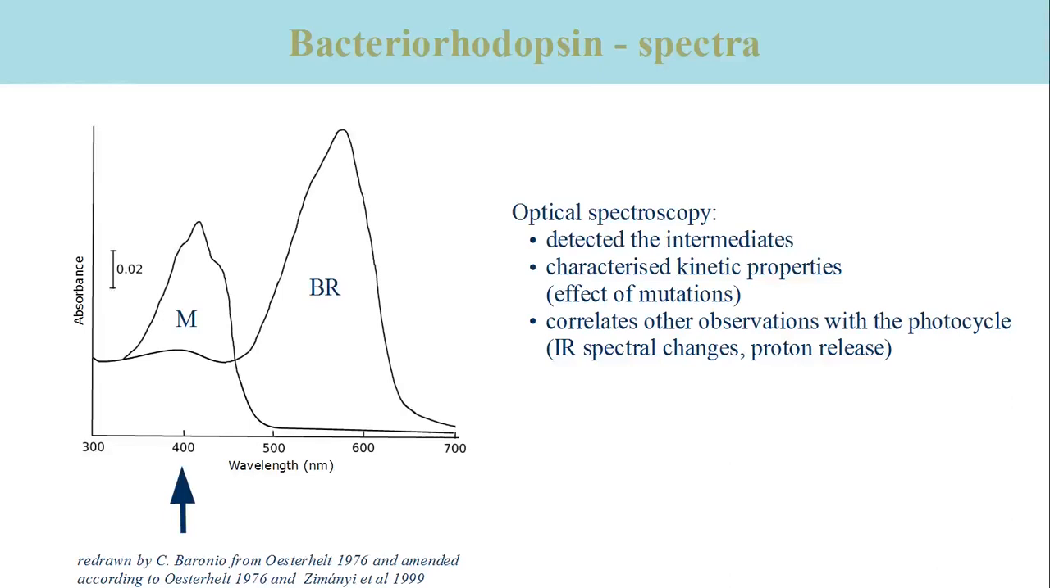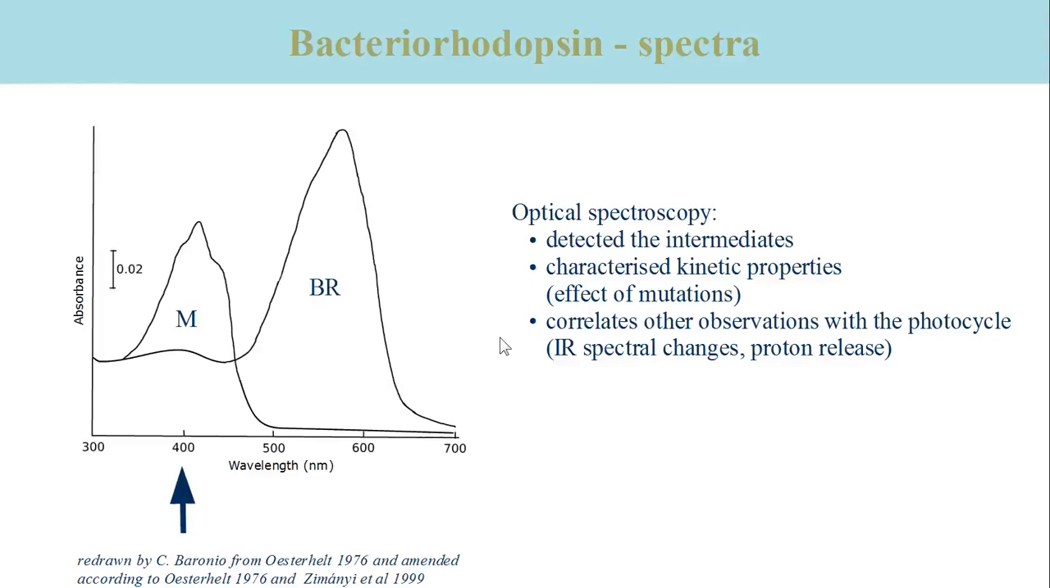One can then continue and study the effect of mutants on the photocycle. In this way, residues can be identified that are important for particular reaction steps. In addition, optical spectroscopy has the important role of assigning properties measured by other methods to particular reaction steps in the photocycle. For example,